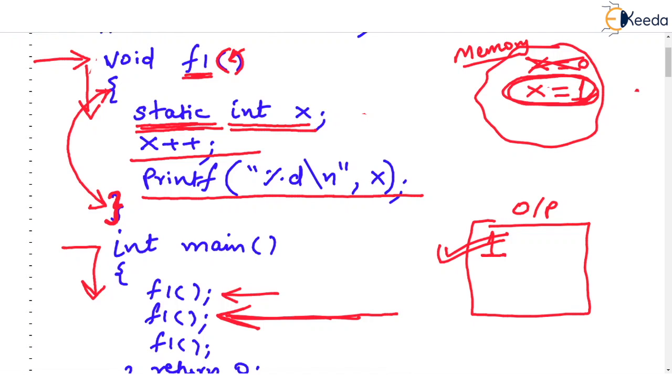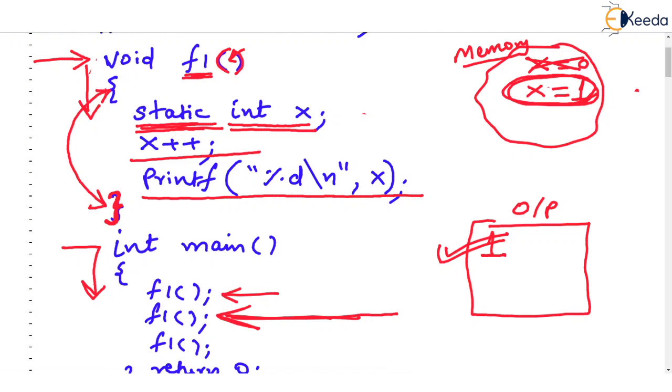C language will say that last time I had made this x stored and I did not delete that x because x was static. So even that value is stored. So how come it is going to make a mistake of declaring x again? Please try to understand, whenever we declare a static variable, such variables are declared only once during the first execution of that particular scope.